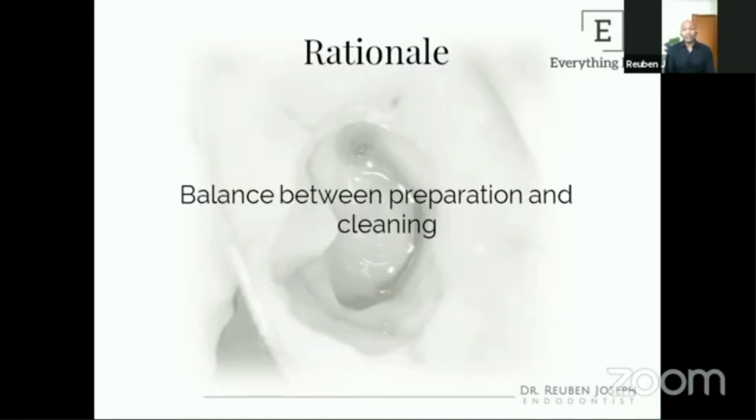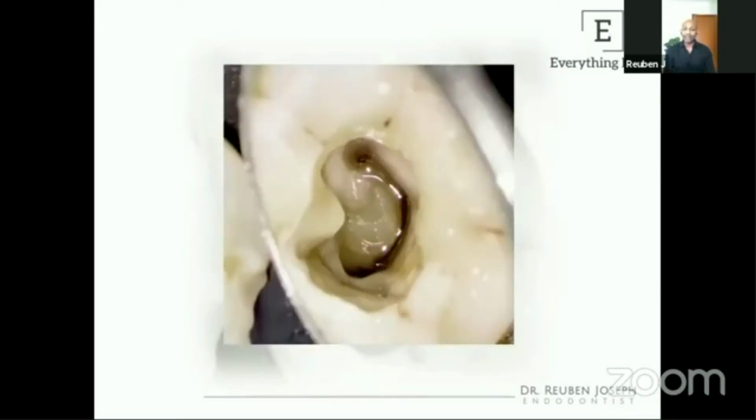So what I would always tell myself when I treat a C-shaped canal is it's not about how much you clean, it's about how less you miss. Because there is a maze of tissue and interconnections in there, it might be beyond the scope of any operator, whether you have a CT scan, a microscope or anything at all, to completely clean the place. So I would focus more on missing as little as possible rather than cleaning as much as possible. The reason being this.